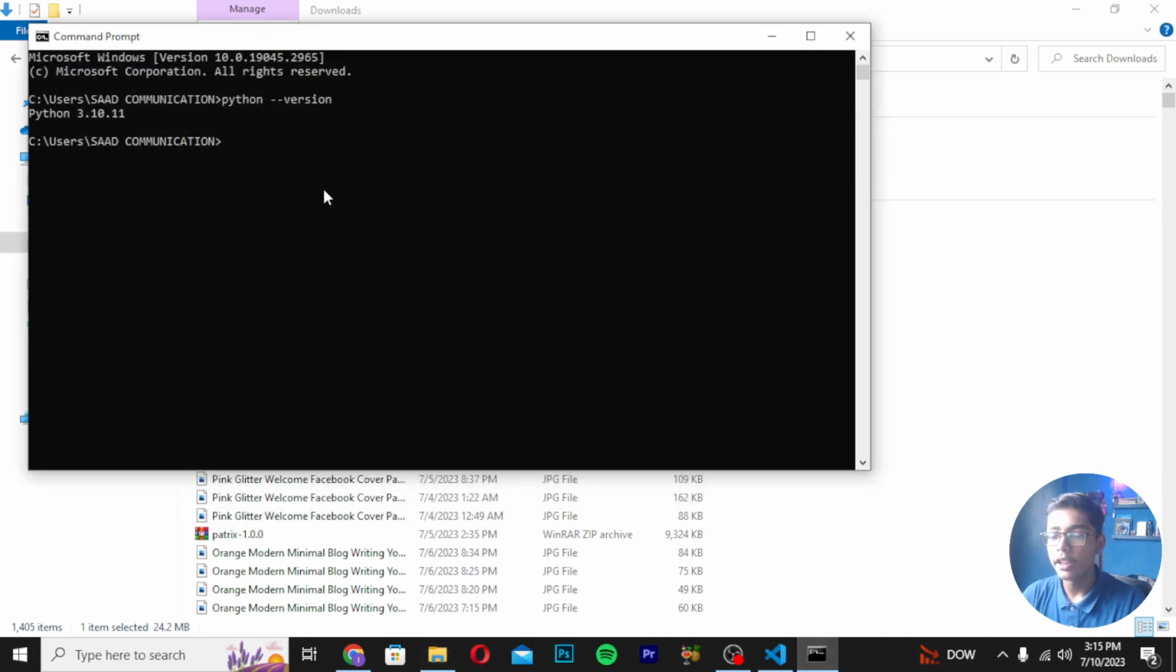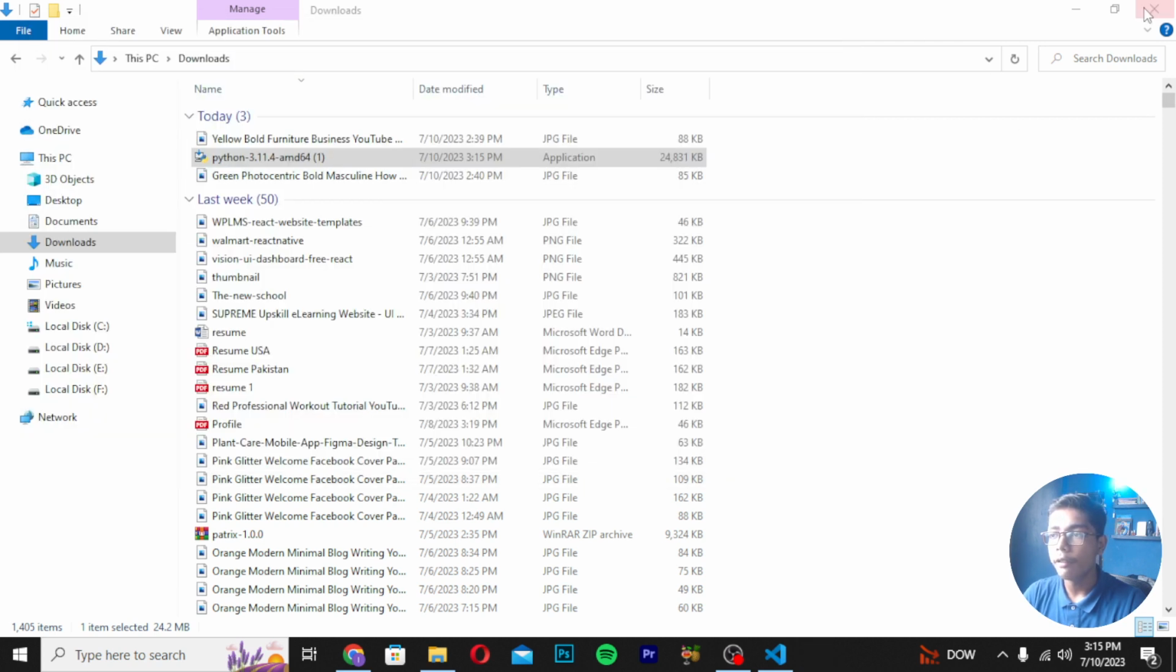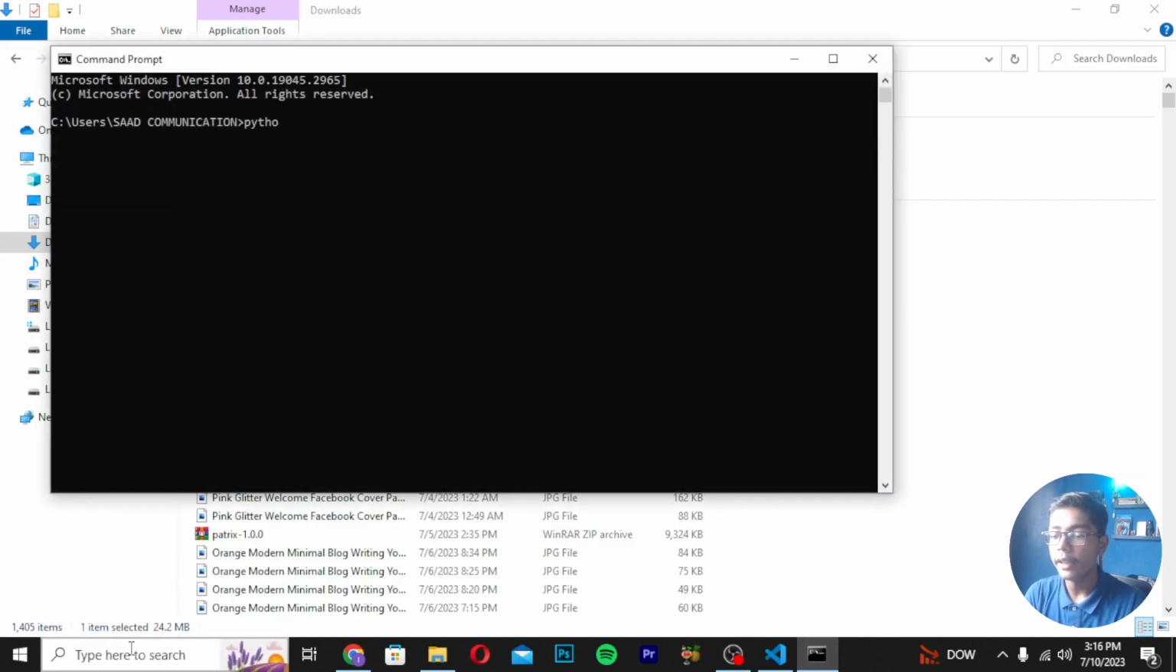Now if I write the Python version again and press enter, it is still saying 3.10.11. But if I reload and open command prompt again, then write python --version and press enter, you can see now it is saying Python